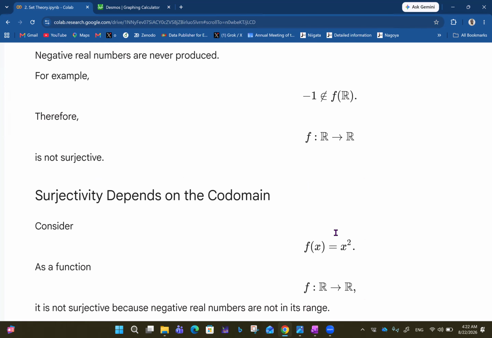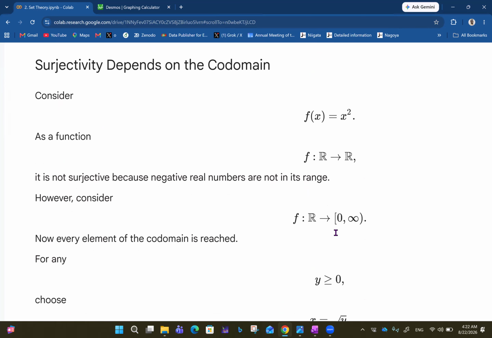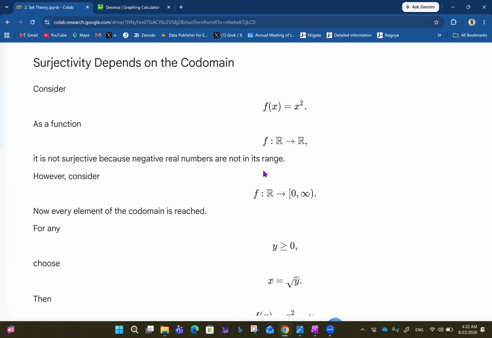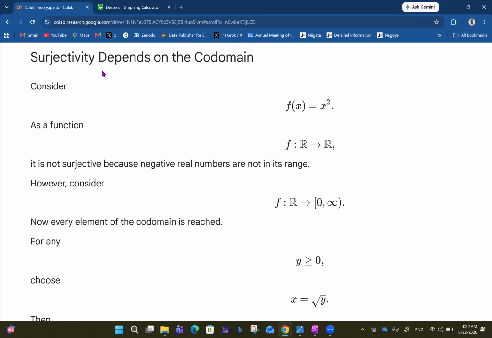So surjectivity depends on the codomain, right? Surjectivity depends on the codomain. Consider f of x equal to x squared as a function. F mapping R to R is not surjective because negative real numbers are not in its range. However, if the codomain had no negative numbers,